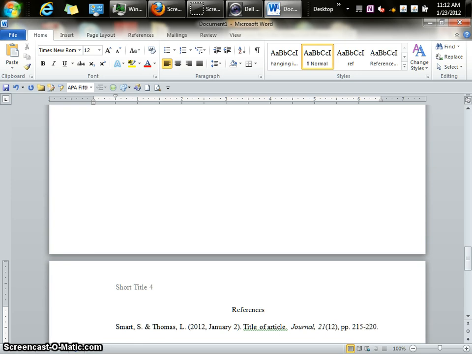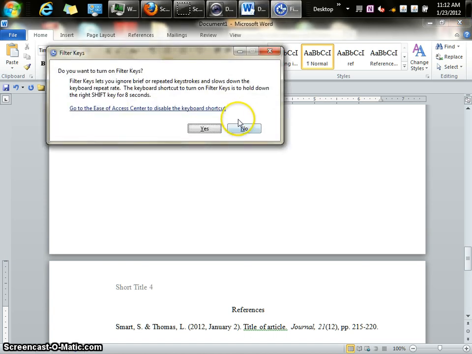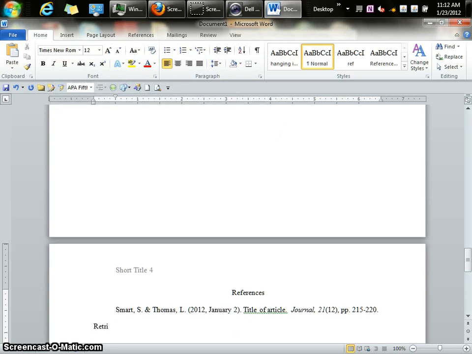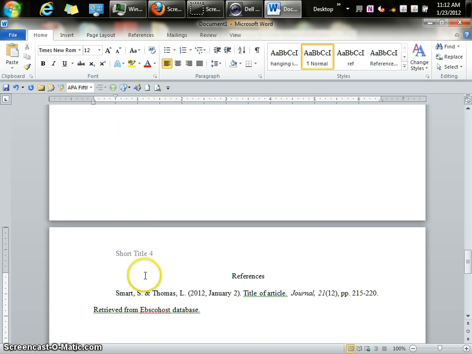Period. Now, if you got this from the online library instead of a handheld version, you have to put your retrieval information in here. So let me show you how to do this. You do, oops, sorry. You do retrieved from, let's say it was the EBSCOhost database. Alternatively, and I'm going to do